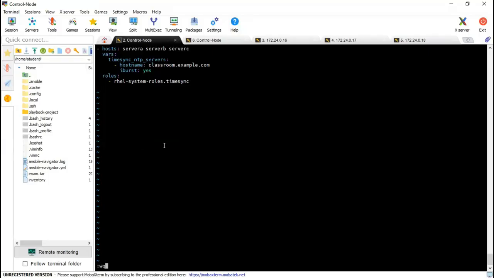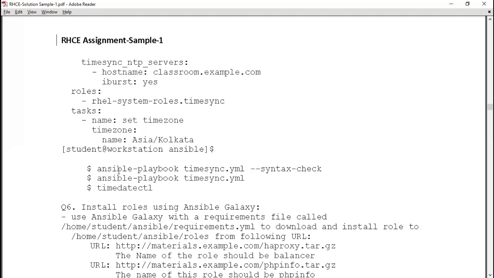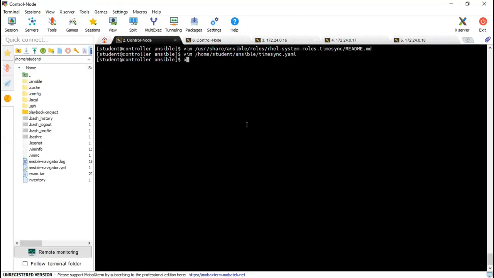Come out, save this file, and now try to run ansible-playbook timesync.yml or ansible-navigator. Any of the commands you can run.